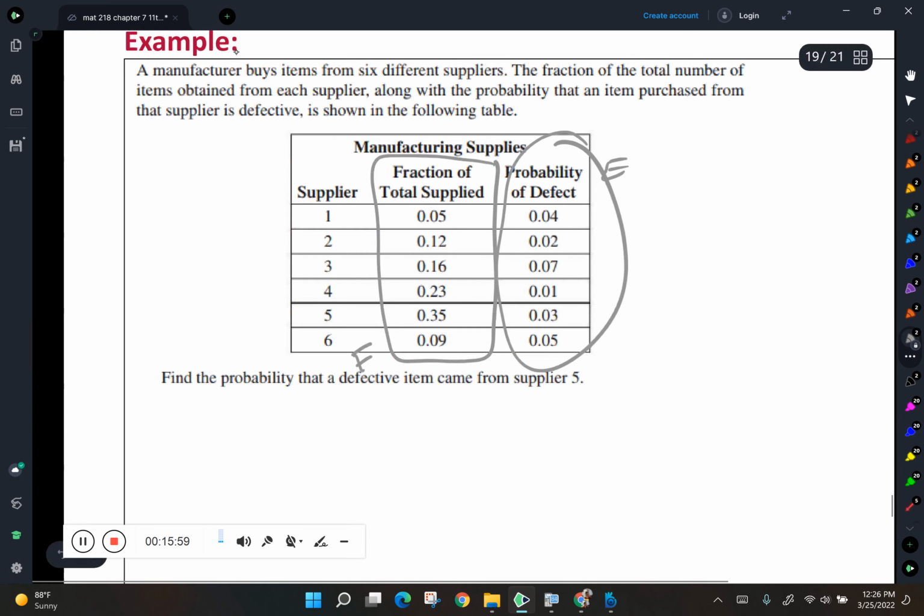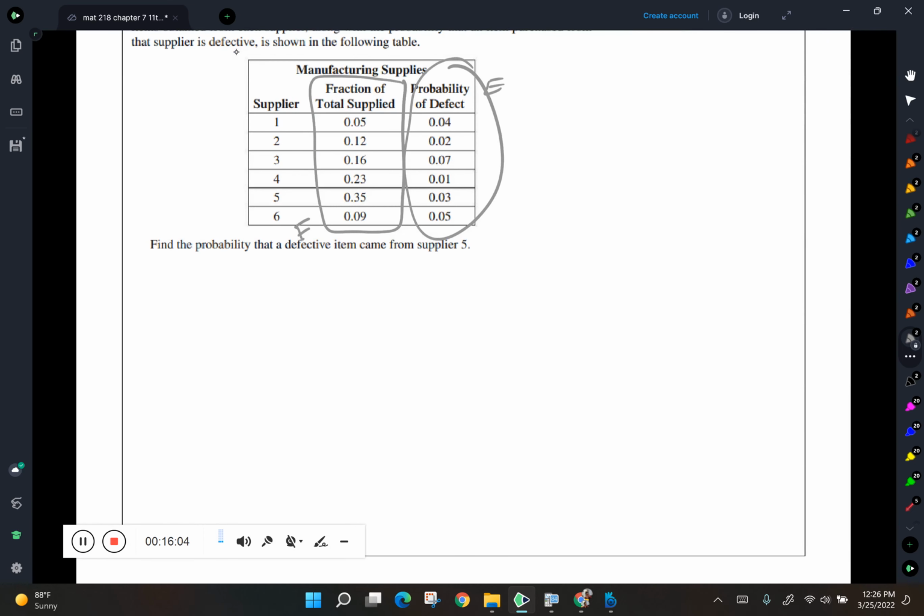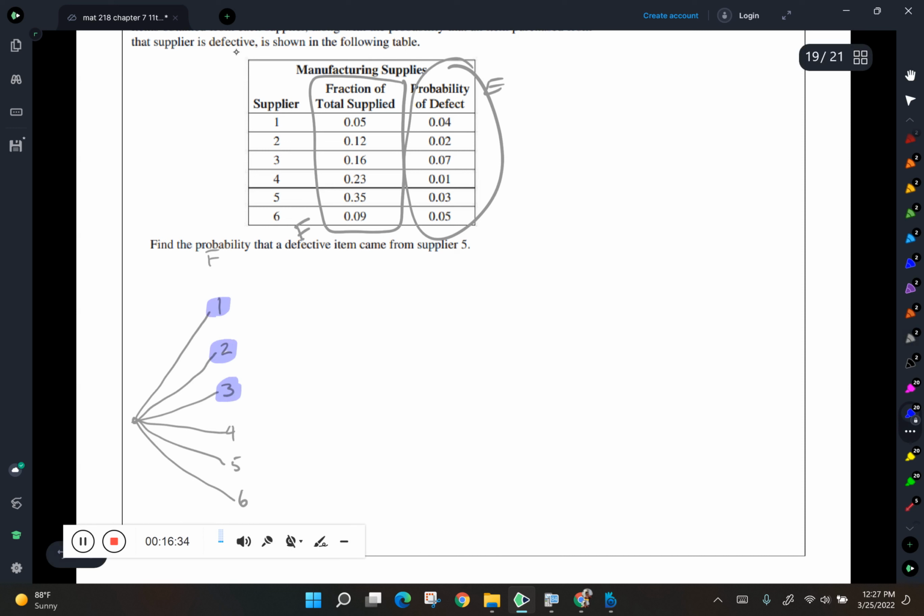All right, so what I'm going to do is attempt to draw the tree diagram for this one. To draw the tree diagram, start by 1, 2, 3, 4, 5, 6. And so in terms of Bayes' theorem, those are our possibilities for that first stage of the experiment. That's our F. So if you want to get fancy about it, we could say that's F1, that's F2, that's F3, that's F4, that's F5, that's F6.